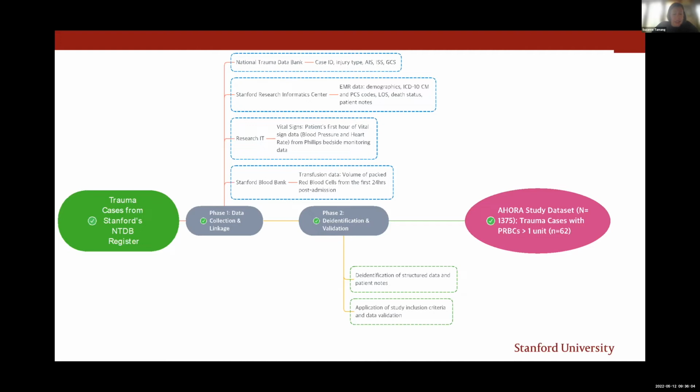Initially, we were getting these cases for activated trauma patients, only those admitted through the Stanford ED, from the National Trauma Data Bank. That's the registry, where we link in the various data assets from the other sources. Second phase is de-identification, including the clinical notes. And then we had a final sample size of about